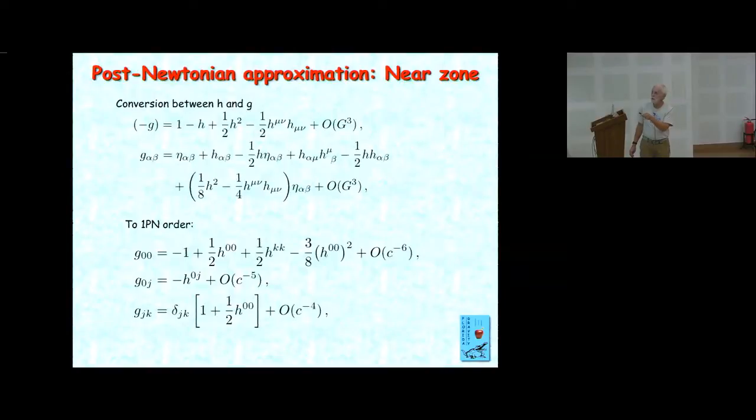Okay? And then cubic terms and on and on. If you're going to higher orders, you go to higher orders. But now we're working to post-Newtonian order, and remember, we don't need all the information that's included here. We only need G00 up to order epsilon squared. So that really says we only need